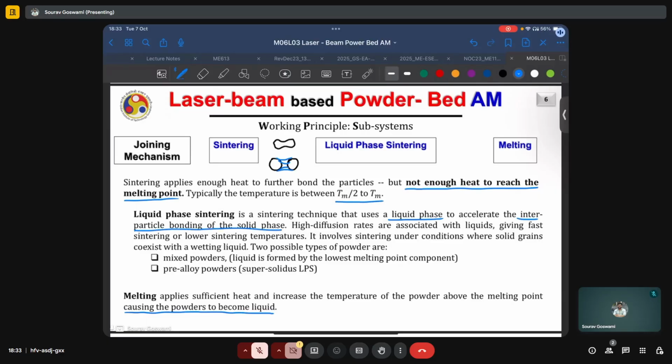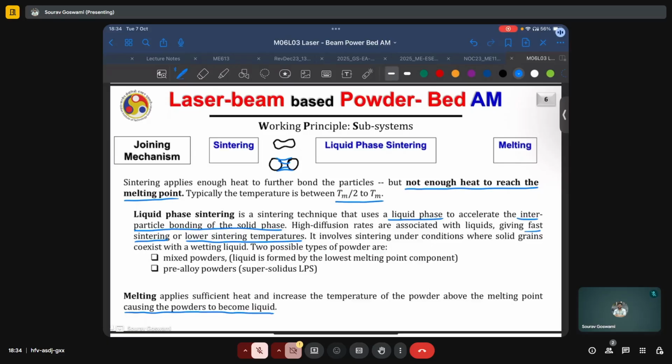High diffusion rates are associated with liquids, giving fast sintering or lower sintering temperatures. And so, because of the lower sintering temperatures, this may especially be useful, say, if you are working with a low laser power setup, because typically in powder bed fusion, the laser powers rarely exceed 500 watts. Or if you're working with, say, something like a refractory metal, which has a very high melting point, in which